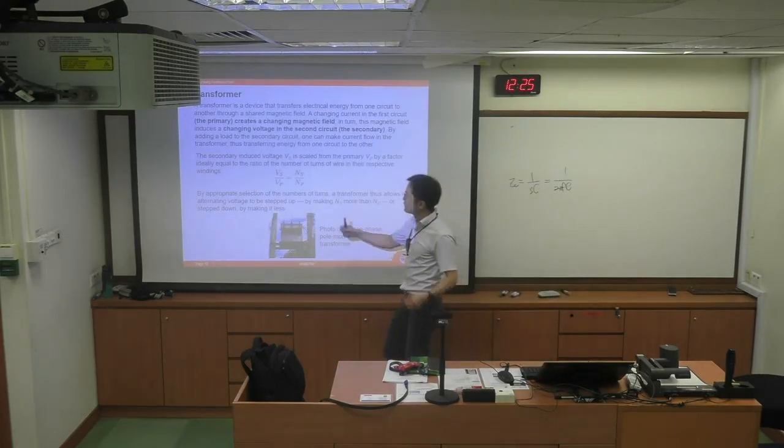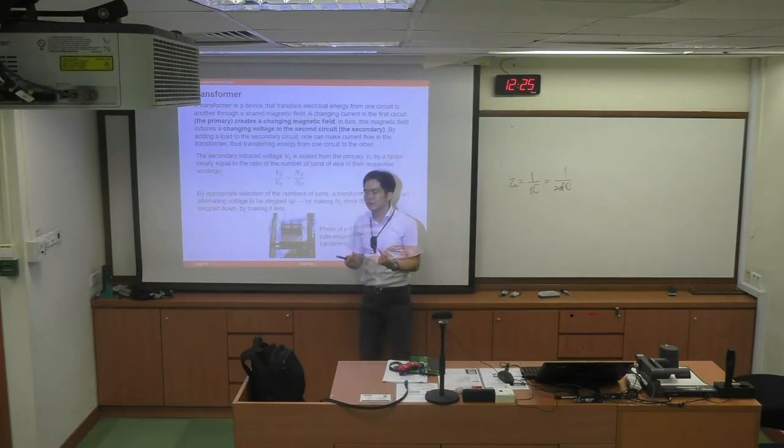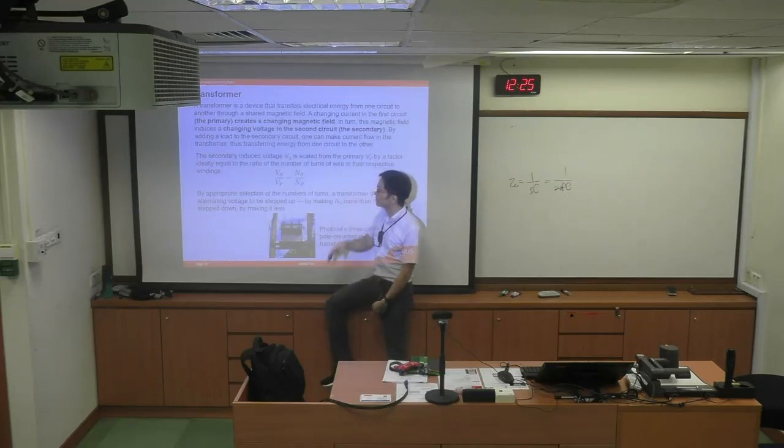It's basically an iron core with two separate windings, just like impedance matching that we learned from the passive filter section. Then you have the number of turns in the primary and secondary, and the voltage ratio is the same. So the more turns you have on a side, the more voltage you will have